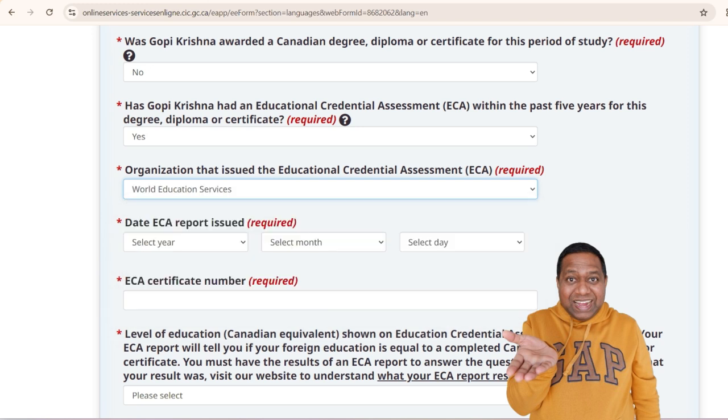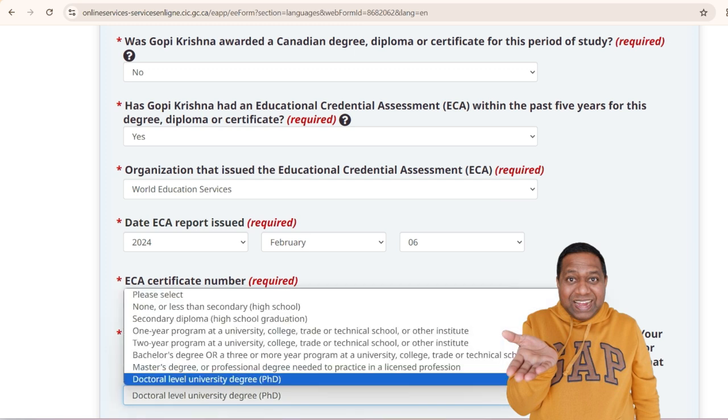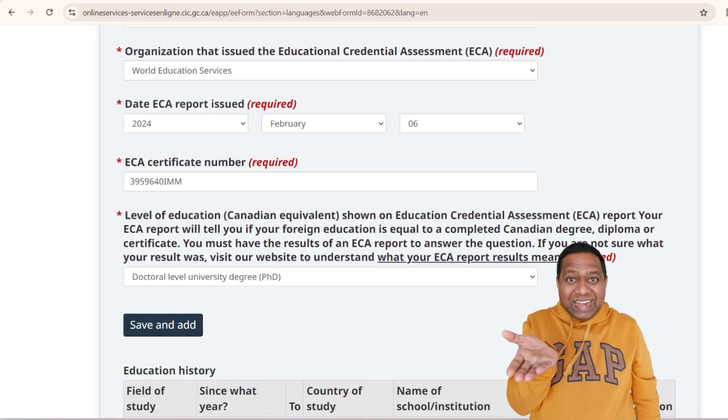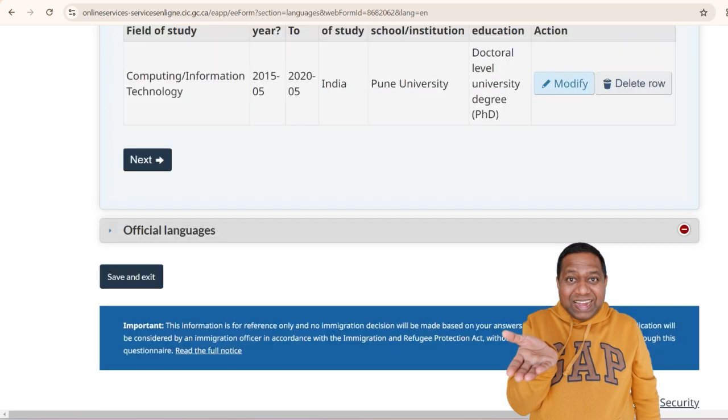So make the selection, and when the ECA was issued, that year, month and date, and the certificate number has to be entered. You exactly transfer the detail that is shown in your education credential assessment, and that will have your ECA report issue date and the certificate number. So once you correctly enter all of these, and what is the equivalent education in that result, you make the selection from this drop down. Once this is done, you come down and you do save and add, and then the next is your official